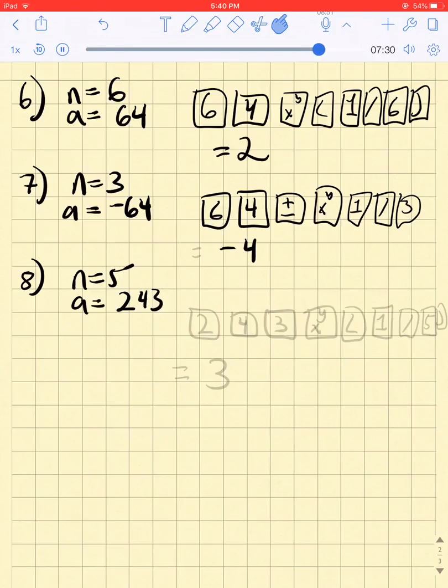So what's interesting about that is when you do an nth root that's odd, I get negative 4. And so let's do one more example now. Let's do